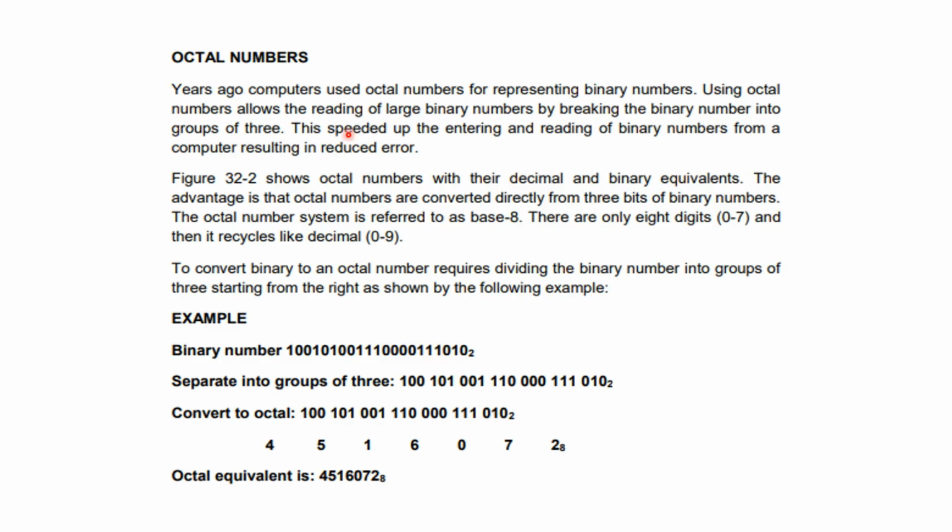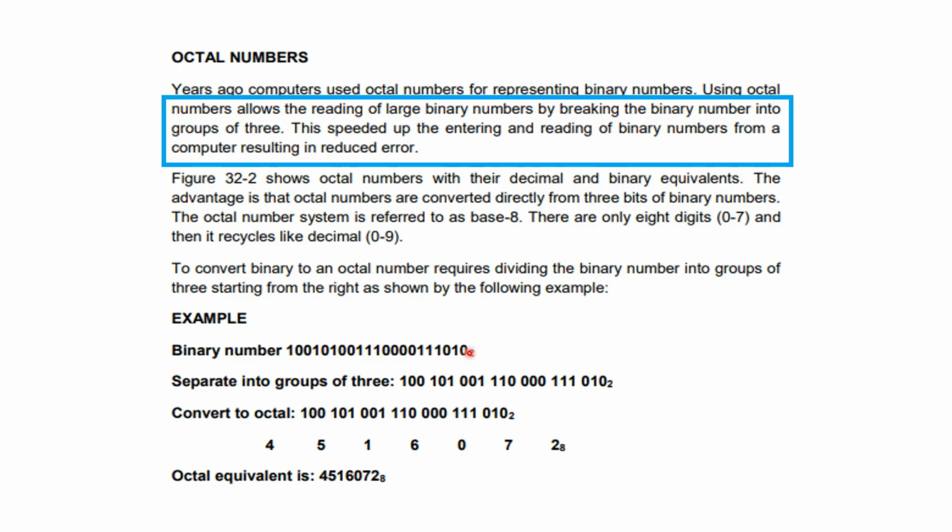Okay, so we're done with the binary numbers. So let's have the octal numbers. So for the octal number, if binary is base 2, octal is 8. So the base is 8. Therefore, it's not 2 raised to the 0, but 8 raised to the 0. And then you break the binary number into groups of 3. So for example, this one, you group the number into groups of 3. So 1, 2, 3, for example here. Separate into groups of 3.